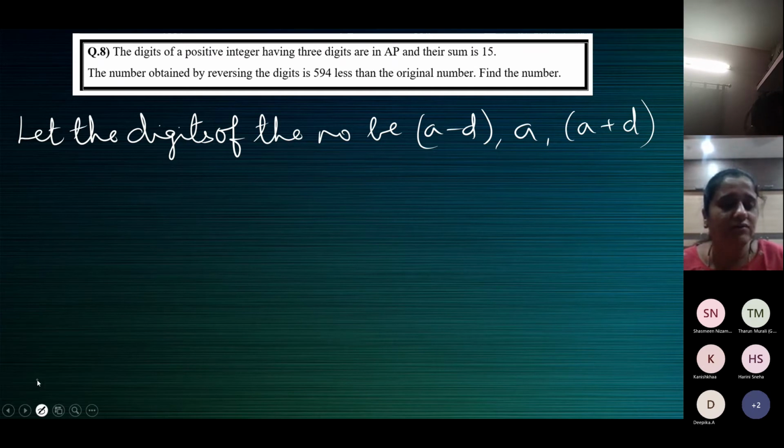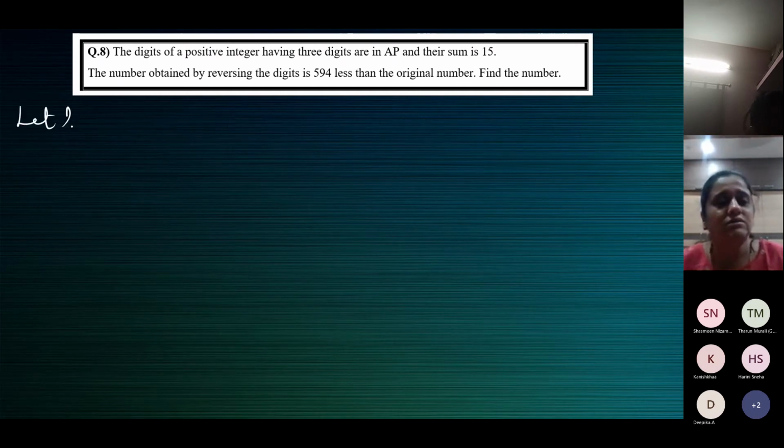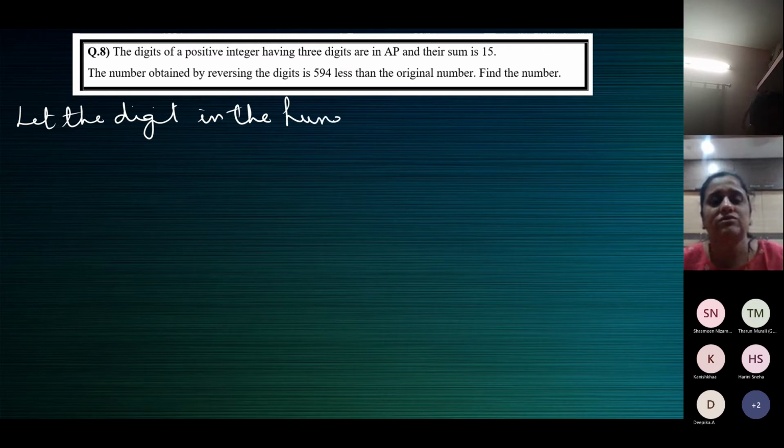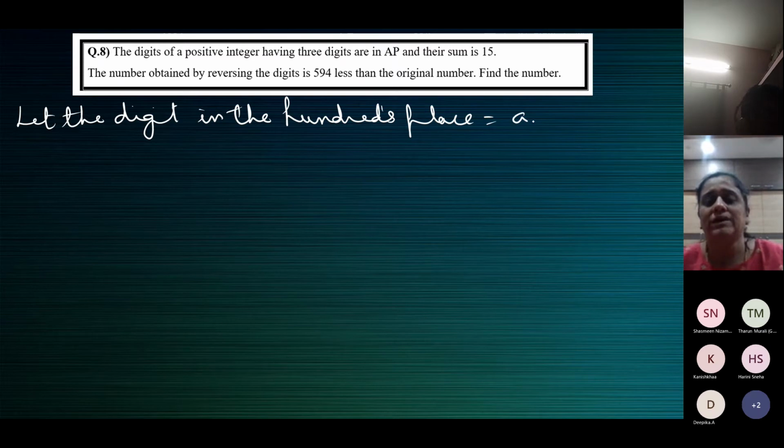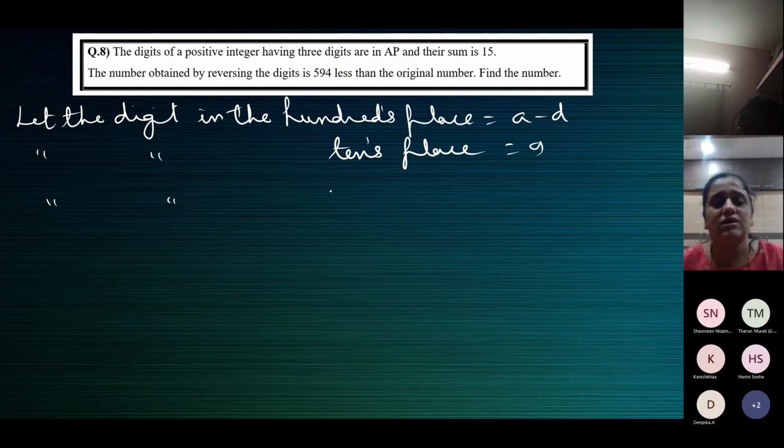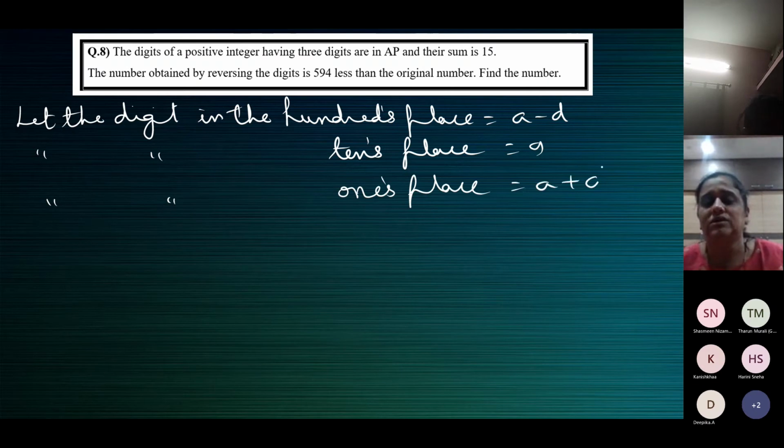Let the digit in the hundreds place be A minus D. Let the digit in the tens place be A. Let the digit in the ones place, or the units place, be A plus D. Therefore, the original number is